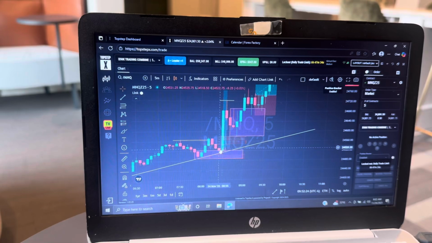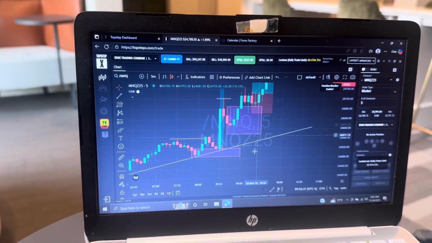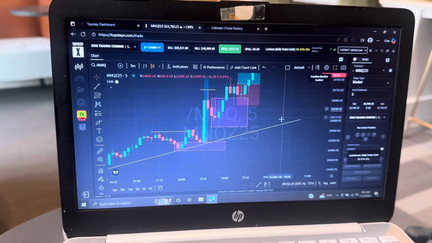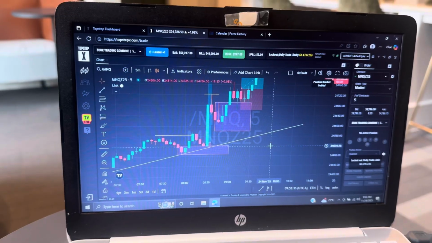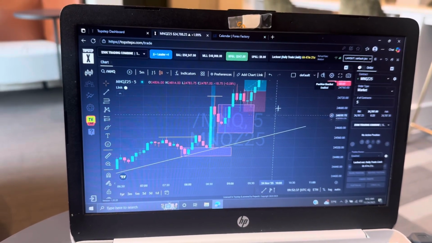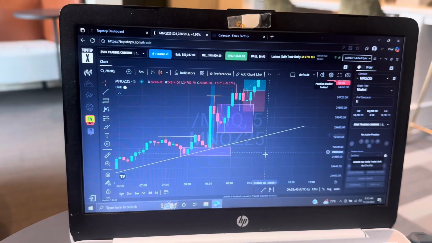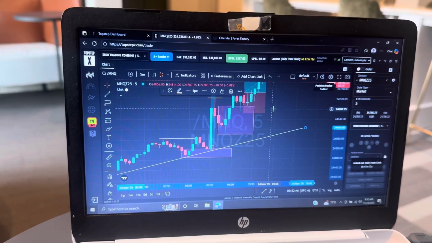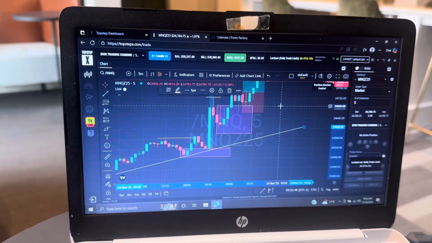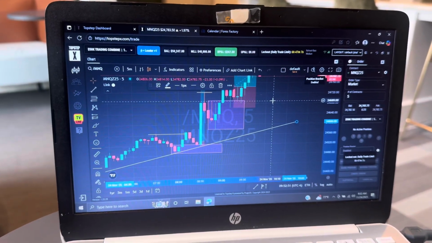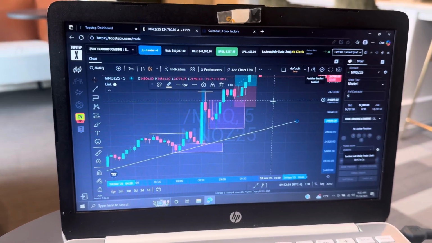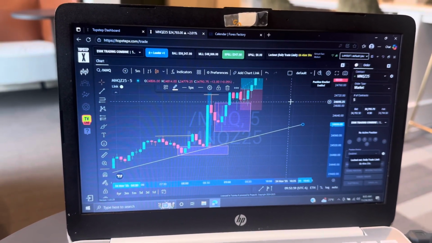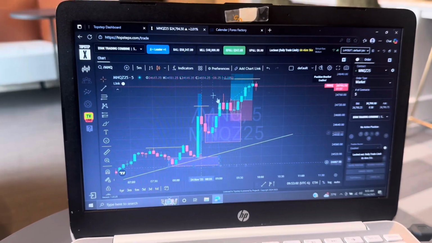But I wasn't able to secure all this because I'm trying to be aware of the top step consistency rule, right? And being that I was on NQ, risking 5 contracts, price moved fast. At one point, it got to 1,600, and then it dropped down to 247, right? That's when I closed, because I couldn't close at the 1,600 since that would mess up the consistency rule, and I'd have to be on the combine a lot longer. So I had to wait for it to come back down. And when it came back down, it came down quick, and I secured that 247, right? Anyways, this was the first setup.